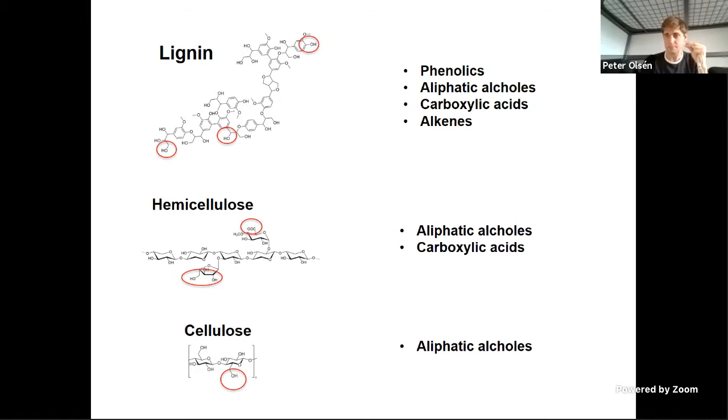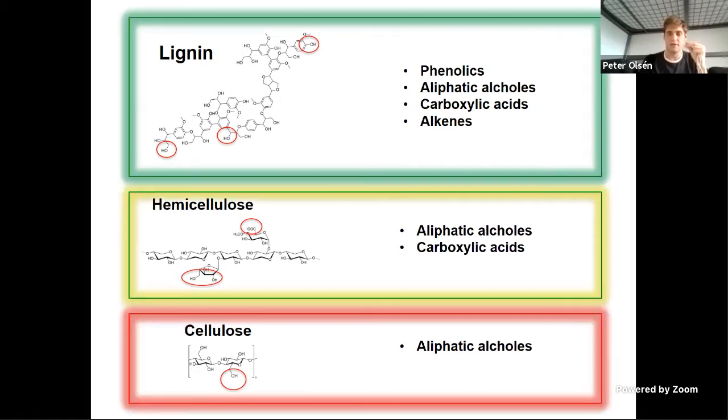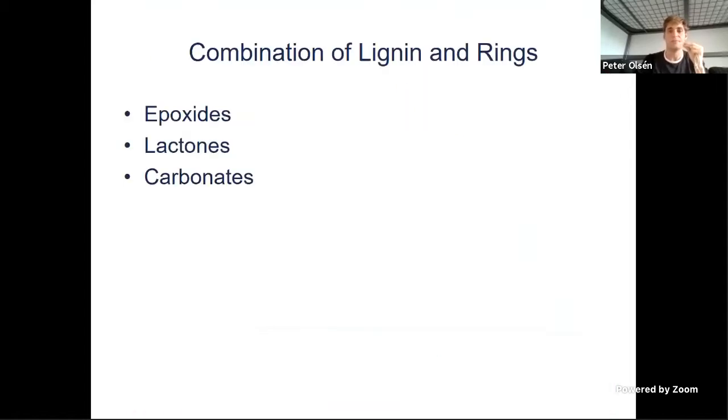If we translate this to some kind of stop sign concept, lignin is green, yellow, and red. So lignin is by far the easiest to do any type of chemical modification, due to the abundance of many different functional groups that can be more easily reached in this scenario. So we start with